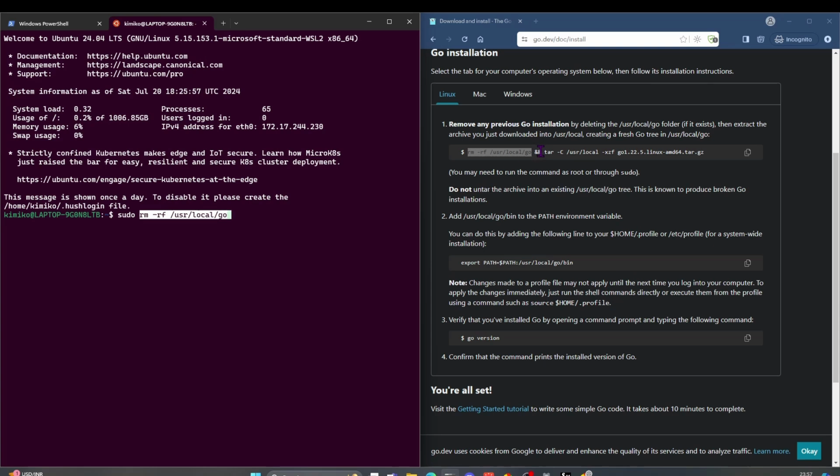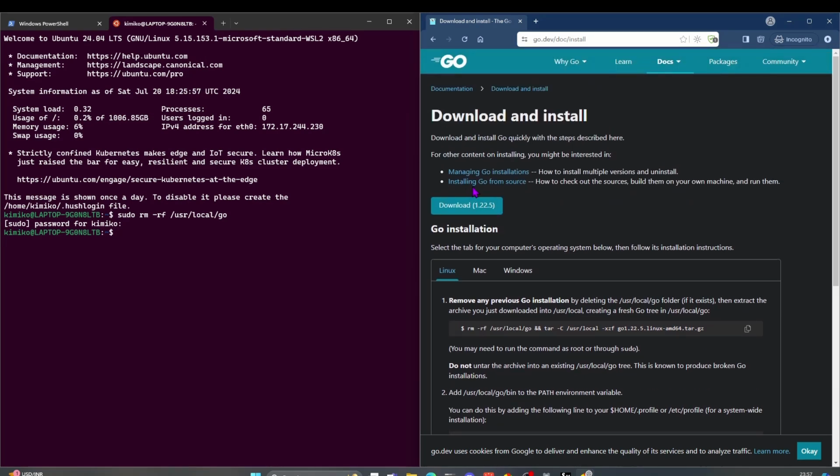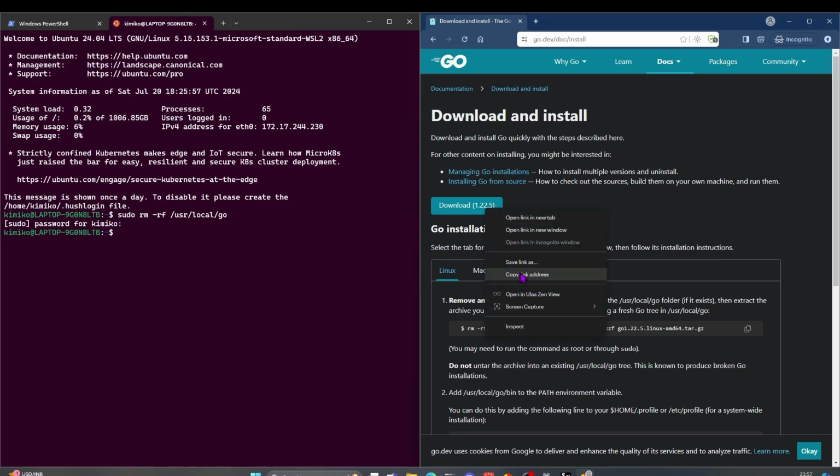We'll go one by one instead of using all the ands. Let us do. So it is deleted now. Now we will untar the file. So we have to download the Linux one. If we click here, copy link address,